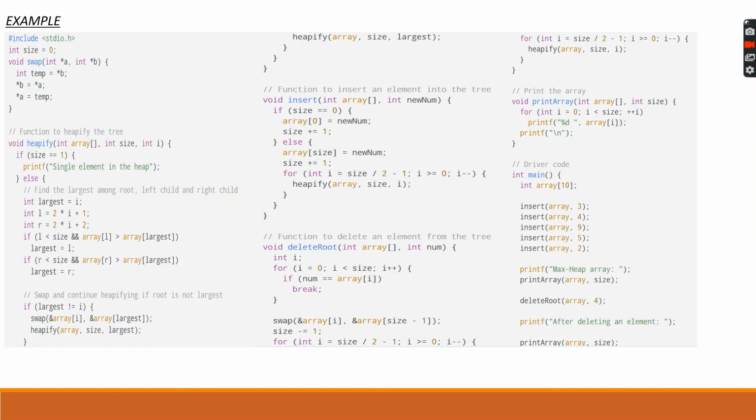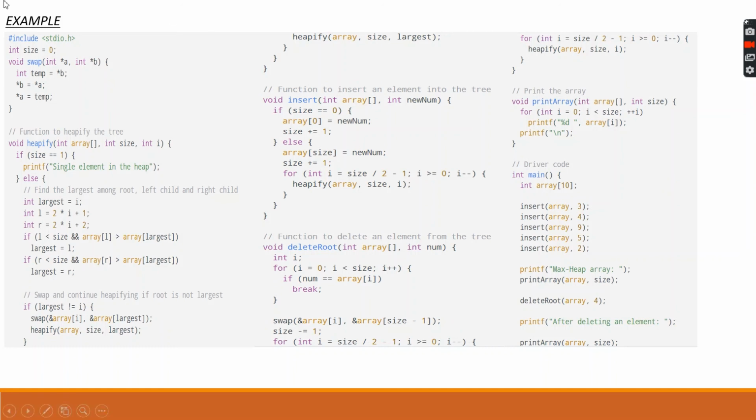Then we'll be giving the condition: if l is less than size and array[l] is greater than array[largest], then we'll be putting the value of l equal to largest. And in the next condition, if r is less than size and array[r] is greater than array[largest], then we'll be putting r equal to largest.